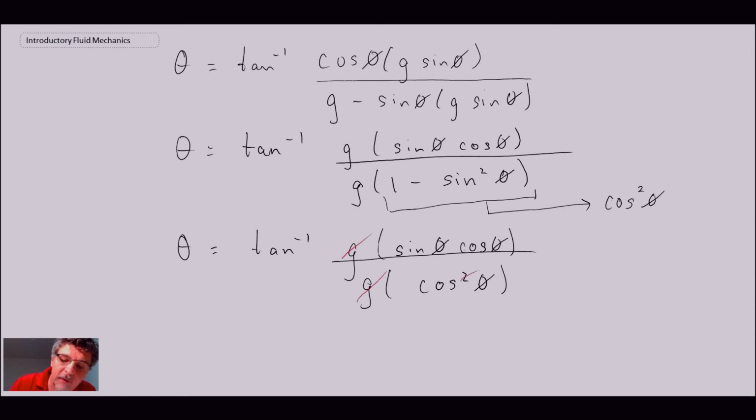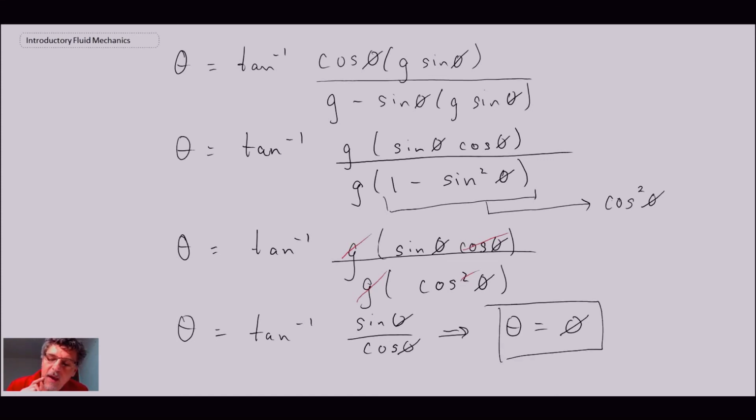We have a cos and a cos. So what we end up with is theta is inverse tan of sine phi over cos phi, which is the tan of phi. And consequently, what we end up with is theta is equal to phi, which is kind of an odd result,